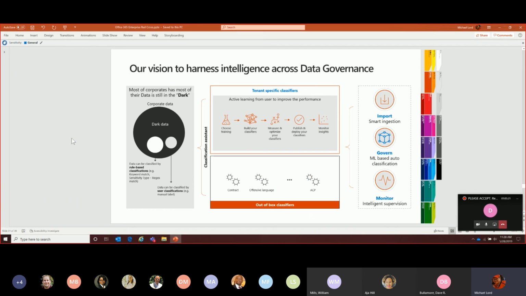Across advanced data governance, there's a really interesting deep dive into artificial intelligence within the platform. This diagram right now is showing how Microsoft views data governance within the Office 365 system. So it's the ability to either maintain data within Office 365. Think of email: I'm sending email that generates data within Office 365, or importing data from another platform. Within Office 365, we have the ability to build connectors to other systems that are not Microsoft systems, where you can bring that data under the governance model of Office 365.